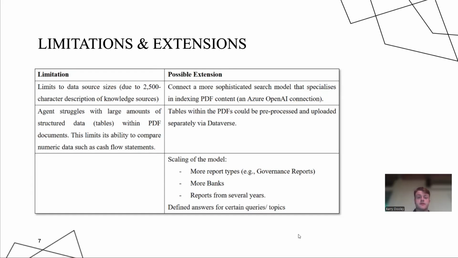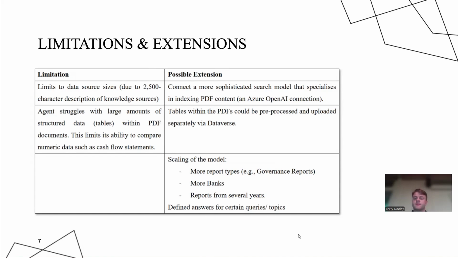Moving on to limitations and extensions. So one limitation was the limit to data source sizes due to a 2,500 character limit on descriptions of knowledge sources. So while using generative orchestration, you must give a good knowledge source description, or else the agent will be unable to correctly identify which knowledge source to use. For large pieces of data, such as a 400-page banking report, a 2,500 character limit to describe that 400-page document is not adequate. You are unable to give it enough detail and context as to what the contents of that